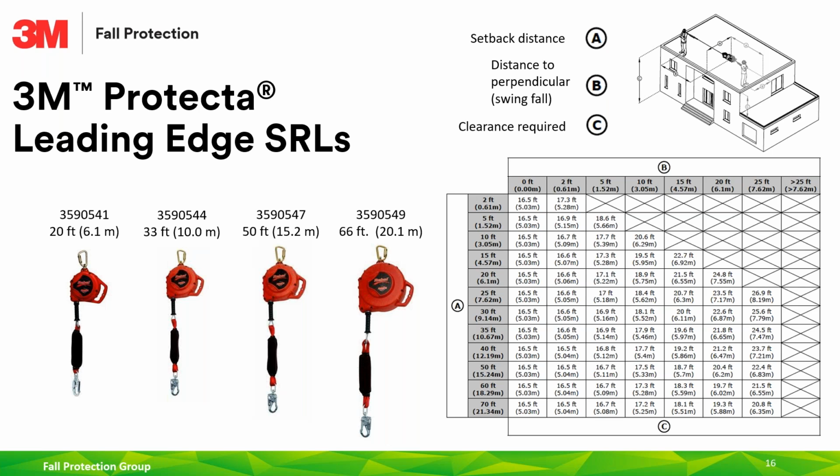Okay, and finally, just another one of our products. This one is popular in the construction segment, the Protecta. And you can see there's a wide offering of lengths of cable available. But yeah, the graph is the same, except again, notice at the 0 feet and 2 feet mark of both